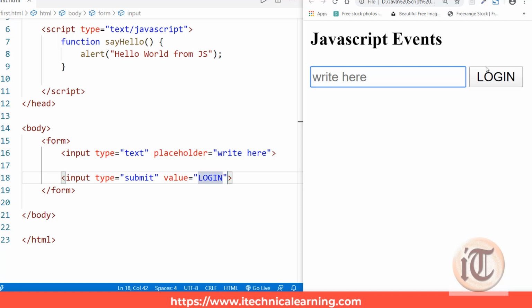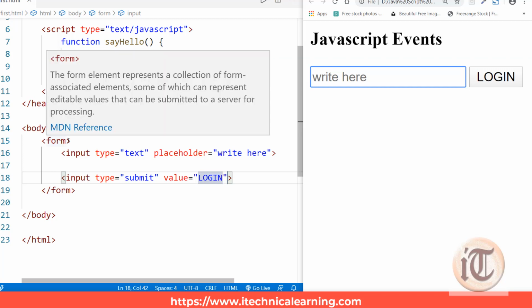Now I want to generate the same alert message from here, but this time the event is changed. You can see we have an input type equal to submit. Previously we were dealing with input type equals button, but this time it is submit, so our event will change.